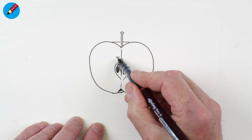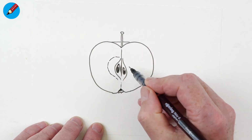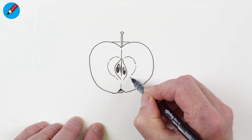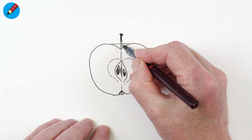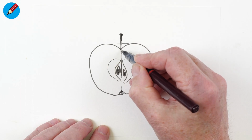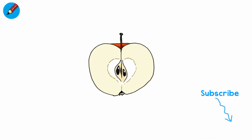And sometimes you might see a sort of little line like that, sort of half dotted. You can shade that bit in there, and as you get to the bottom you can make it sort of less shaded. Then all you need to do is to add a little bit of colour